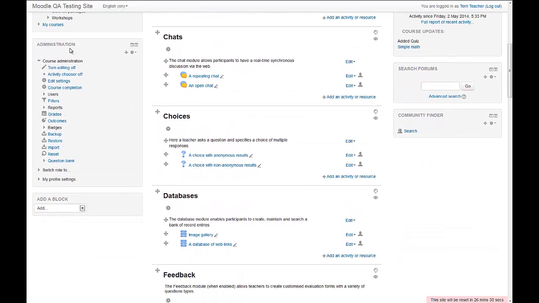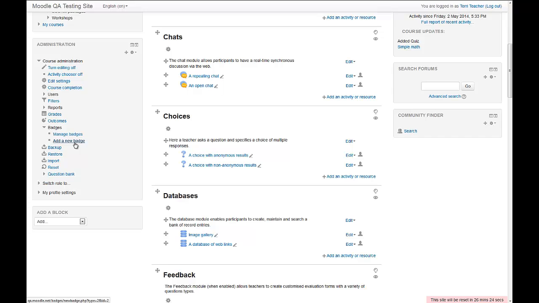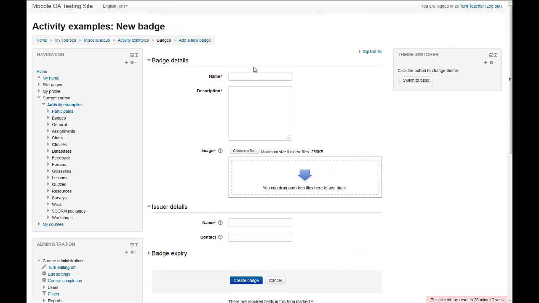Under the administration block, under Course Administration, we have the option Badges, and we have two things we can select: manage badges or add a new badge. In this case we want to create a new badge, so we'll add a new badge. We just need to give the badge a name, and a quick description, something along the lines of